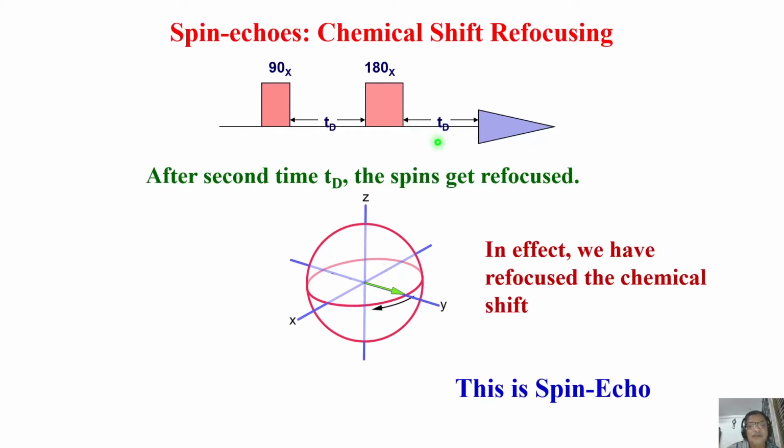After some time, then what happens? At the same amount of time, although they were at different speeds, they come back to the same point of starting at the same time. They start at this point, they come back to this point at the same time. This is what is called refocusing. This is called echo. So that means all the spins get refocused. This is what is called, in effect, a spin echo, where we have refocused the chemical shifts. Understand, this is the concept of echo. 90, tau delay, and 180, tau delay, and collect the signal. This is an important module called the spin echo module.